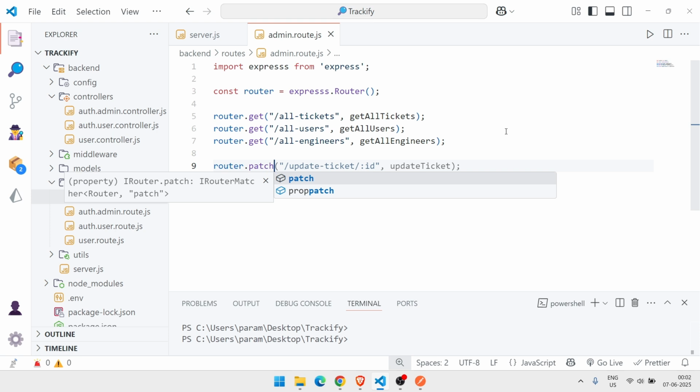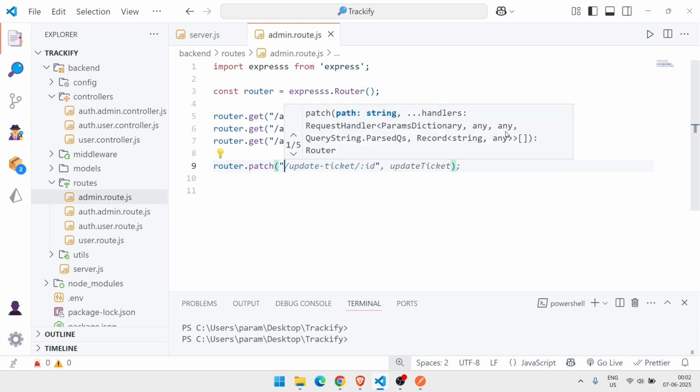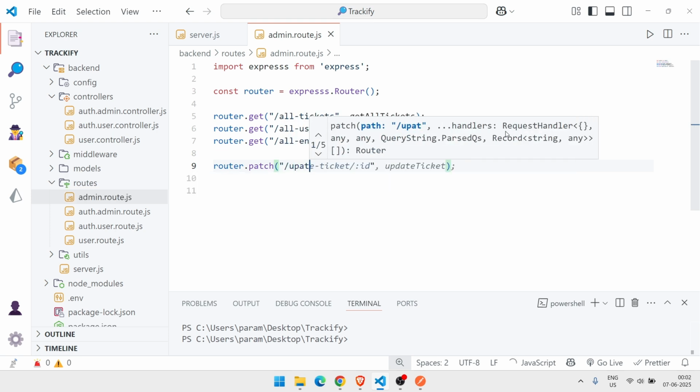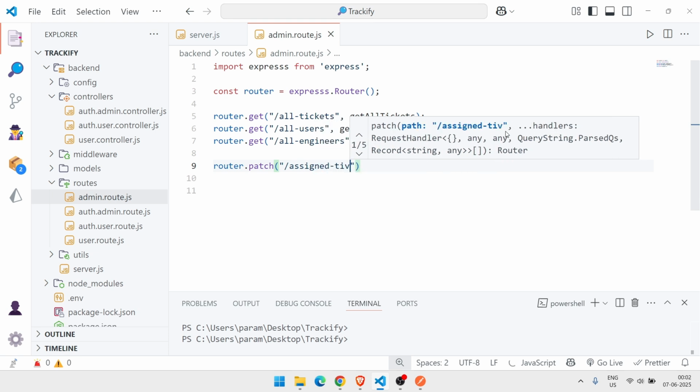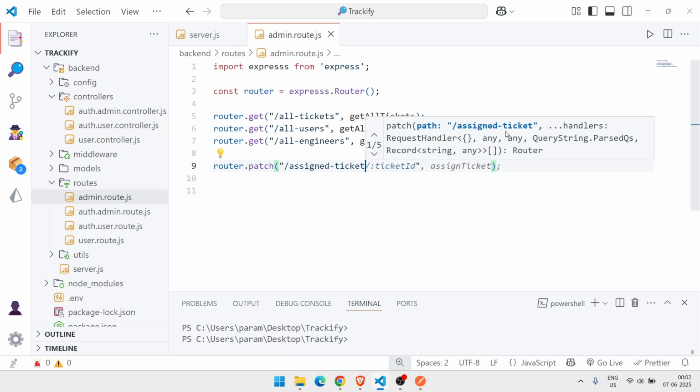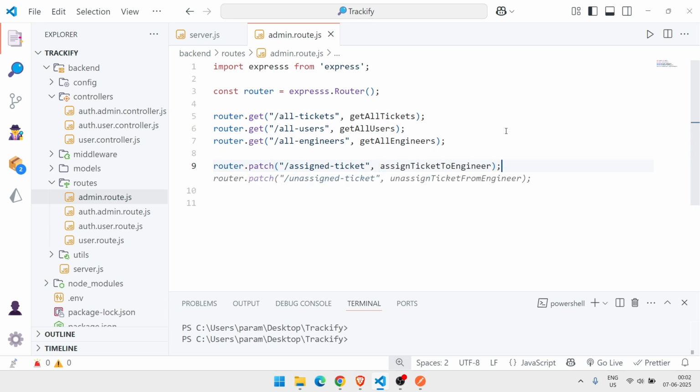PATCH. So it will be update assigned. We're using patch because we are changing the assigned to value in the ticket. That's why we're using it. So assign ticket to engineer. Yeah. And we will set the